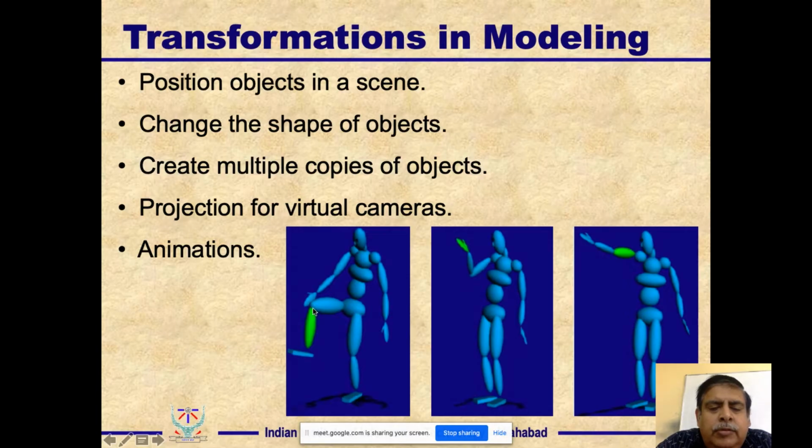So what you need to do is that a particular point of a particular object either has to be stitched to the world coordinate, or it has to be stitched to another object. If that coordinate of the object changes, it automatically goes and stitches itself onto that particular point. So if I move